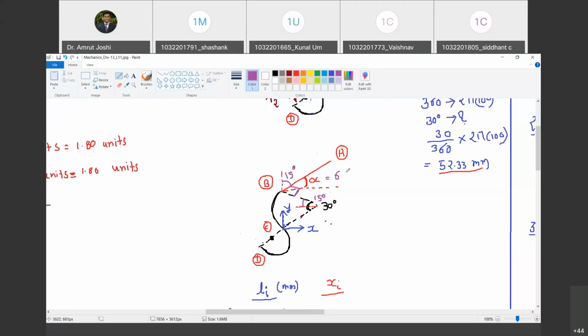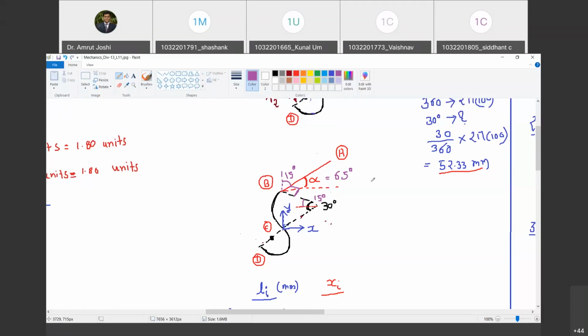65 degree. I have not drawn it properly, but you will understand from geometry. If the angle is 90 degree, the angle between the perpendiculars of lines is the same as the angle between the lines. So the angle between radius vector and horizontal is 15 degree. The perpendicular to horizontal is vertical, and the perpendicular to radius vector is the tangent, so the angle between these also has to be 15 degree. If that is true, then this alpha is ought to be 65 degree.